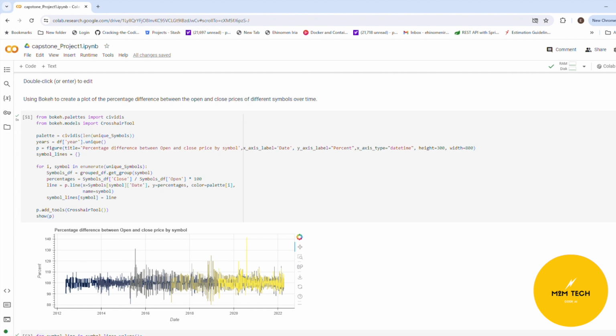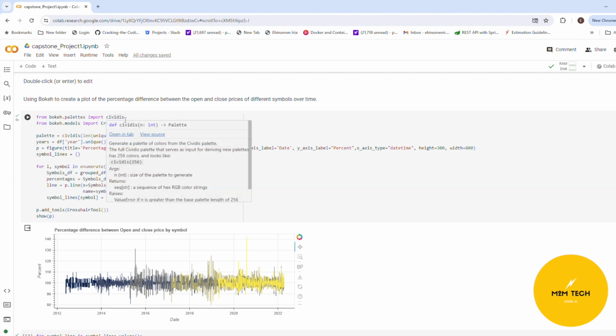That's to get the percentage over time. And I'm using the line method to plot the line graph, and passing the X value and the Y value, the percentages I have calculated, and